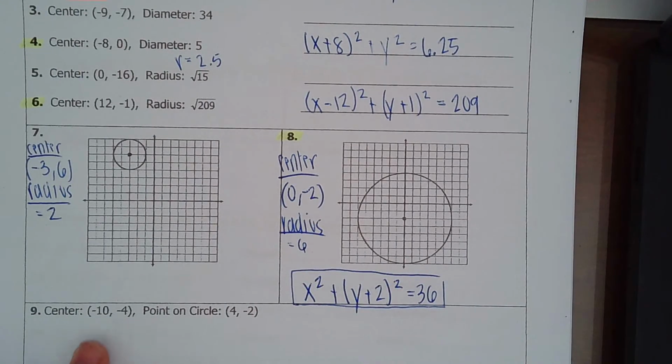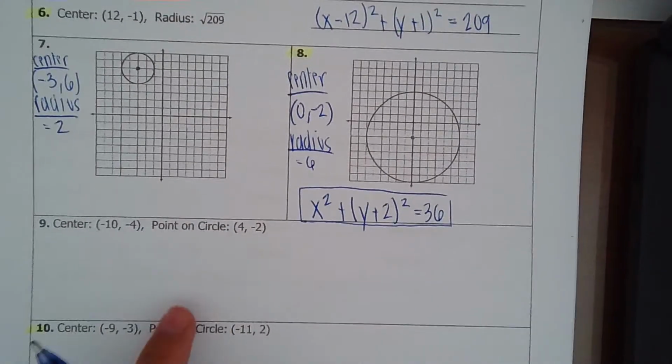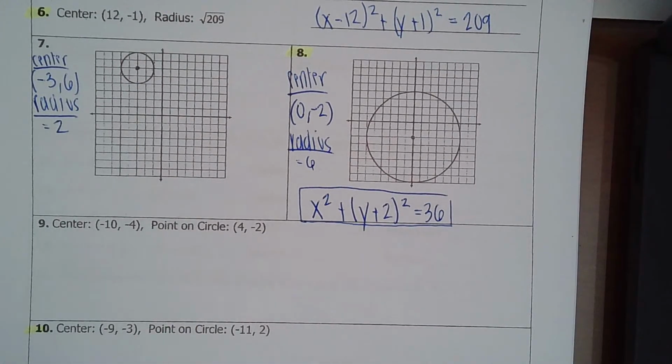All right, so this time they give me my center, which is great, and a point on the circle. So this is where I'm going to have to use the distance formula to figure out what my radius is. So my radius,